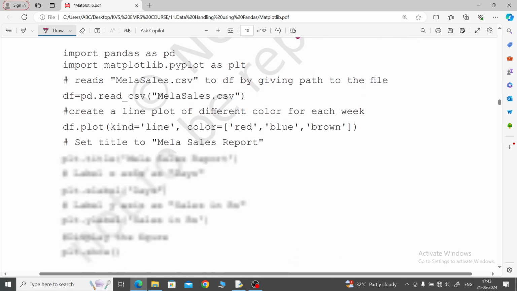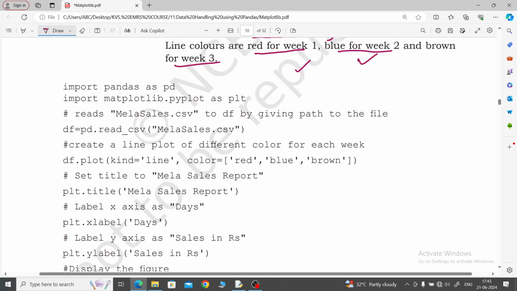Now, so a pandas CSV file is there. So import pandas, then afterwards Matplotlib. You know that whenever we are importing a CSV file, we use pd.read_csv, melacells.csv. And df is what? This is the file that we saved in the data frame. So in this data frame,